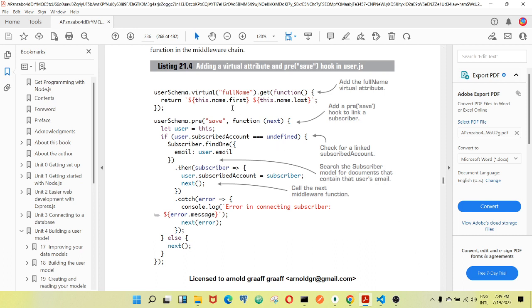So our virtual schema will call the user's first and last name. With our pre-save, we check if there's a user with an email, and then after that we check that user and check if that user has a subscribed account. If the user doesn't have a subscriber account, it will return an error connecting the subscriber with the error message, and then it will move to the next module,